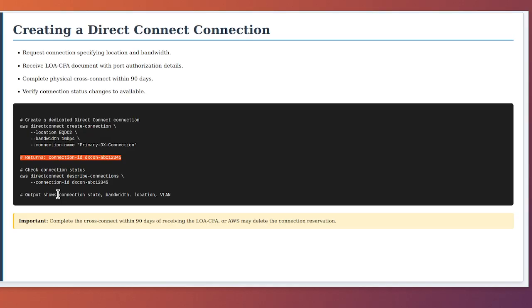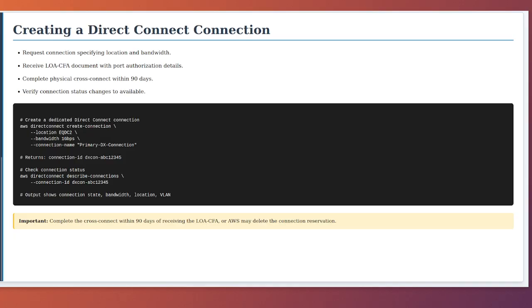You will then receive the LOACFA document, which we discussed earlier. This document contains critical information including the port identifier on the AWS equipment and authorization for the colocation facility to complete the cross-connect. You take the LOACFA to your colocation provider or network team, and they will establish the physical fiber connection between your router and the AWS equipment. This process can take several days to a few weeks, depending on the facility and the complexity of the cabling